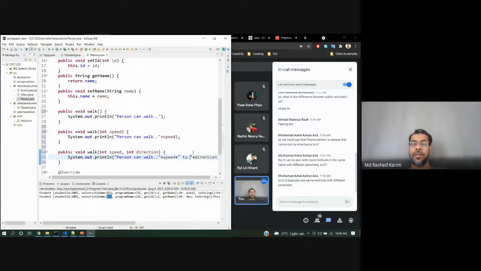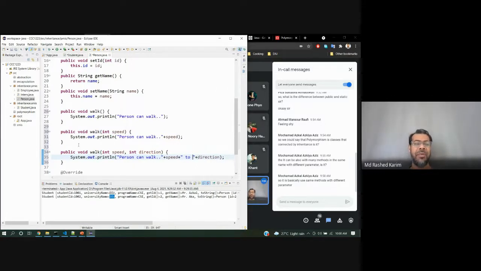So you can create multiple methods with the same name, but you have to make each unique so that the compiler will know. Okay, this method uses no parameters, this method has one parameter, this method has two parameters.